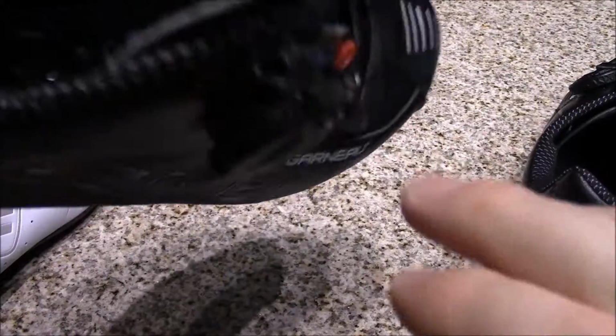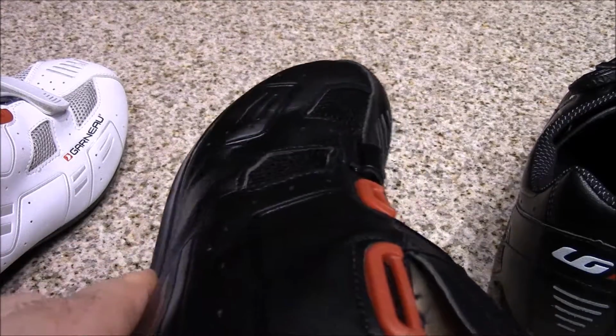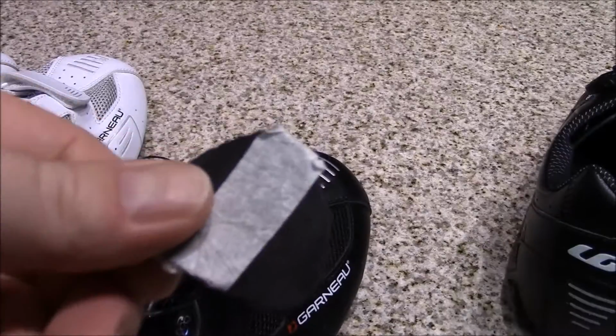What you have to do is you actually have to cut. You've got to take an X-Acto knife to the material and cut it. And as you can see there, how I cut it away. There's going to be some foam under there, and you want to put that foam back in it, only because if you don't, you'll have this big